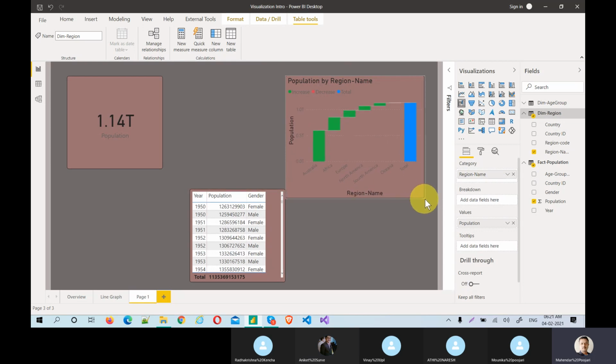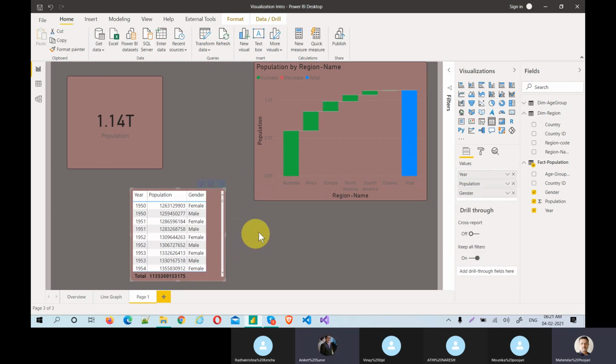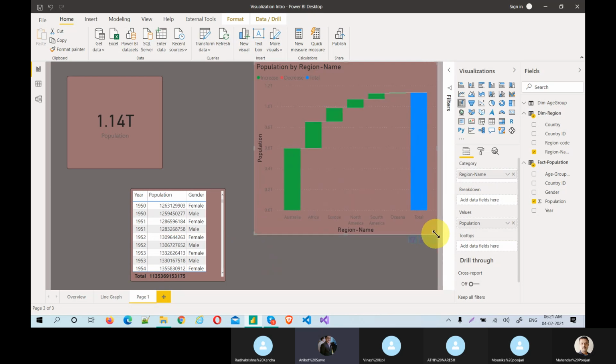No, that is not applied. Did that apply? Font size is applied. Okay, that's clear. But you know what happened? The background of the visual went green. This one. Yeah.